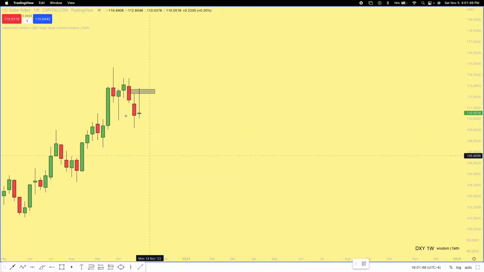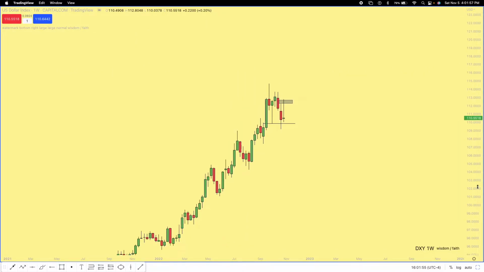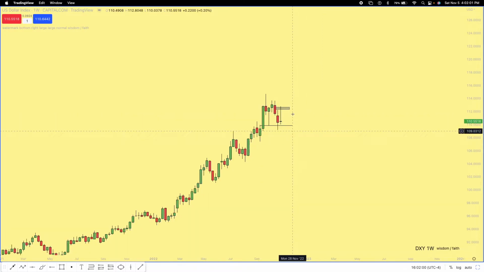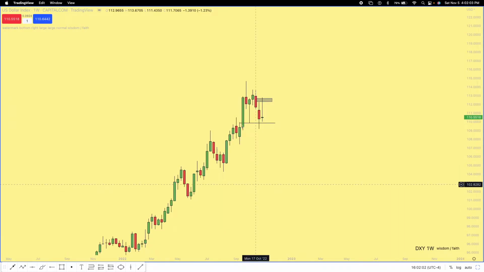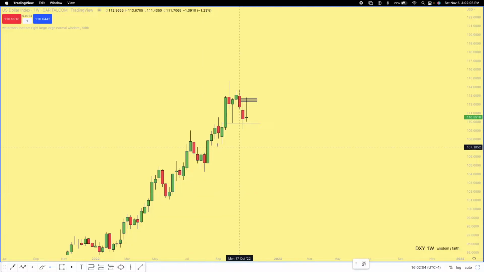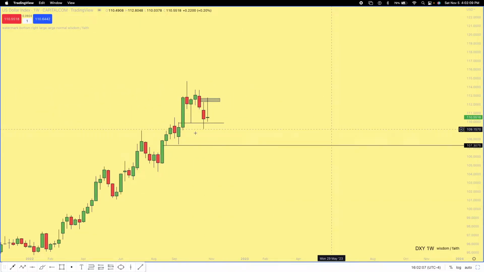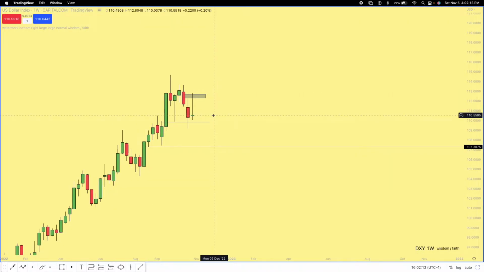So right here, guys, what I'm looking at now, price came down here and took out this short-term low right here in the DXY. DXY is in a premium market on a weekly time frame, so we could see price come back down, or we could see price go down and take out sell side, which we have here. Slightly relative equal lows here, so I probably like to see price come down to the 107 level, but this is a weekly time frame.